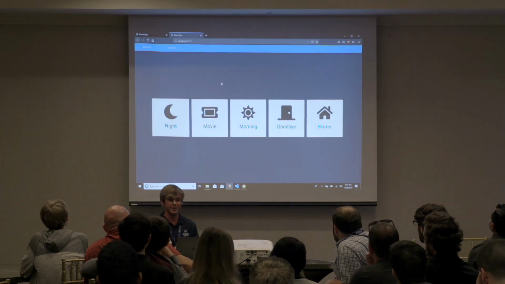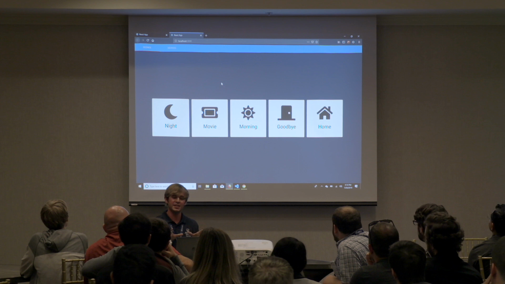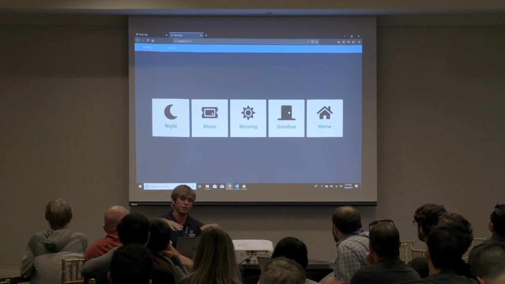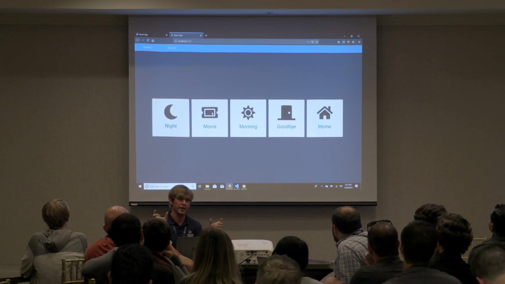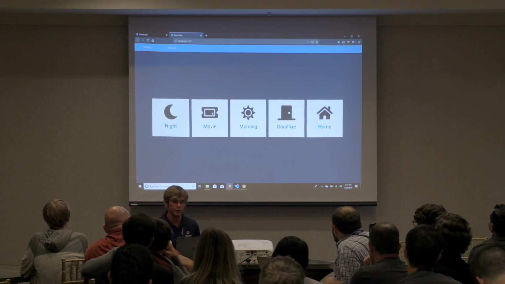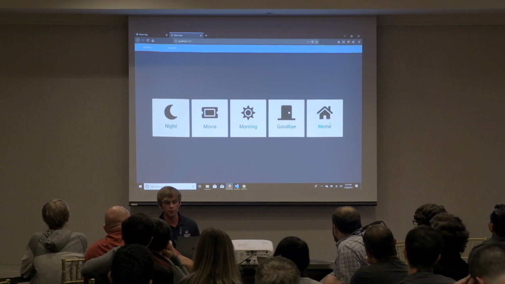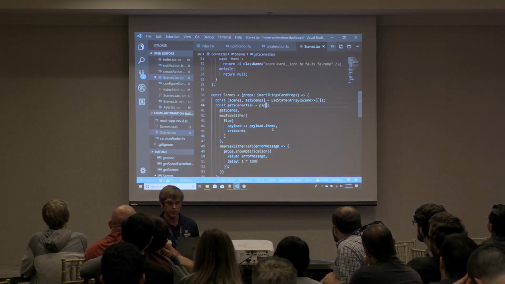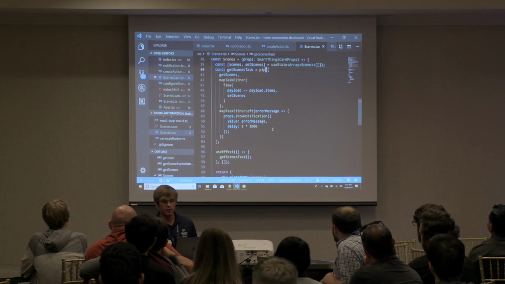There we go, perfect. So you can see I have a little scene set up here. For this movie scene, I hit a button and all the lights in the living room turn off and the kitchen under-lighting turns on dim so that people don't trip over things. If I get home, I want to turn all the lights on, turn all the lights off, that kind of stuff. So if we get back into the code behind here, these scenes that I'm rendering here,